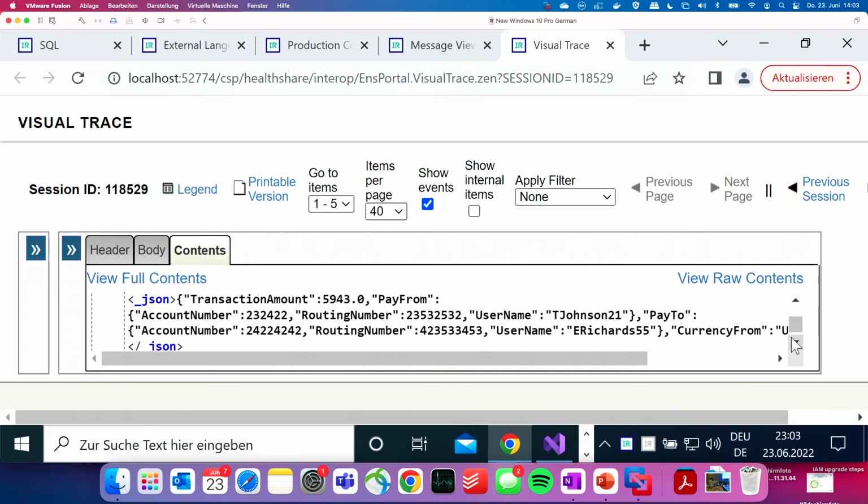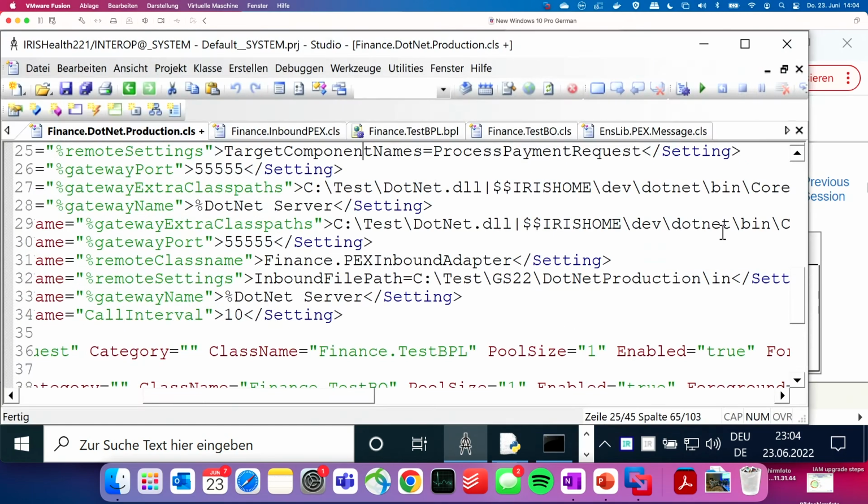It's basically a JSON string which includes all the properties that we populated on the .NET side, and then we can read this in Iris and use this in DTLs, or we can push this into, in our case, the business operation and directly work with it. There's some nice logic.